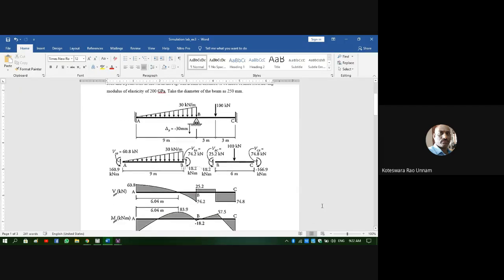The only thing here is that you don't have an analytical solution for the deflection. If you want, you can solve it. It's not going to be a tedious process. You can easily use Macaulay's method. Once you know the support reactions, in the complete sense, moments and shear forces, you can apply Macaulay's method and find the deflection also. Maybe if you are interested, you can do that.